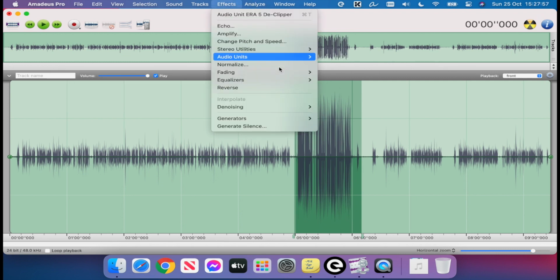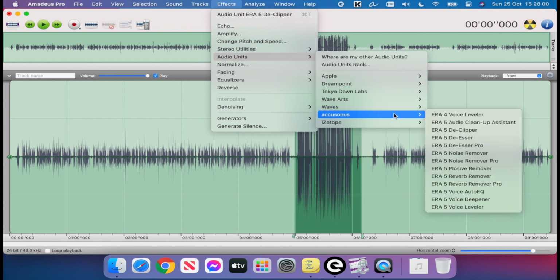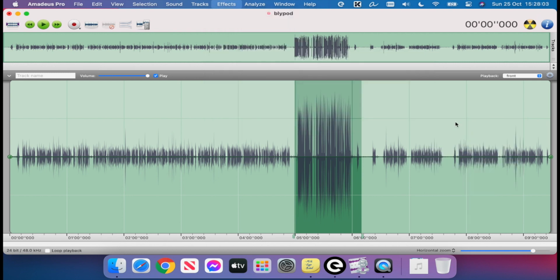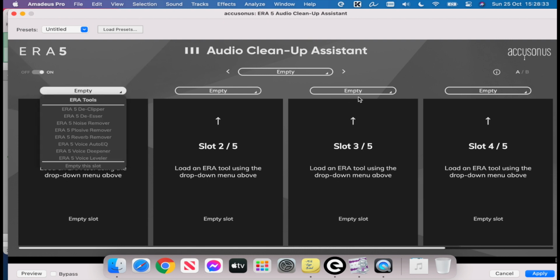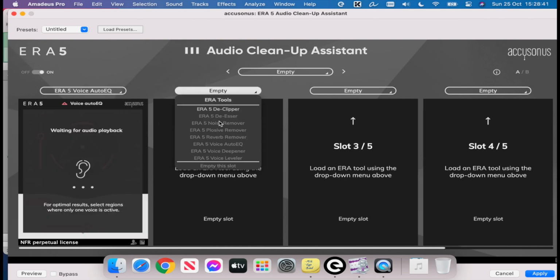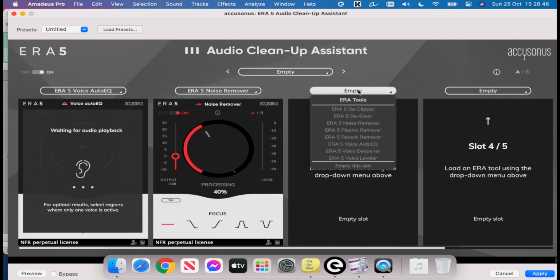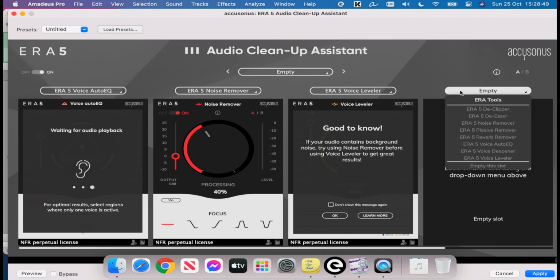Okay, now let's go back to audio units or whatever Windows likes to call these sort of things. Now, we have an interesting tool here. Before we go into the others, I just thought I'd show you the cleanup assistant. And what we can do here is we can set basically a list. So let's go to, for example, EQ. Then we can have over here noise remover. And then over here we can have voice leveler and then